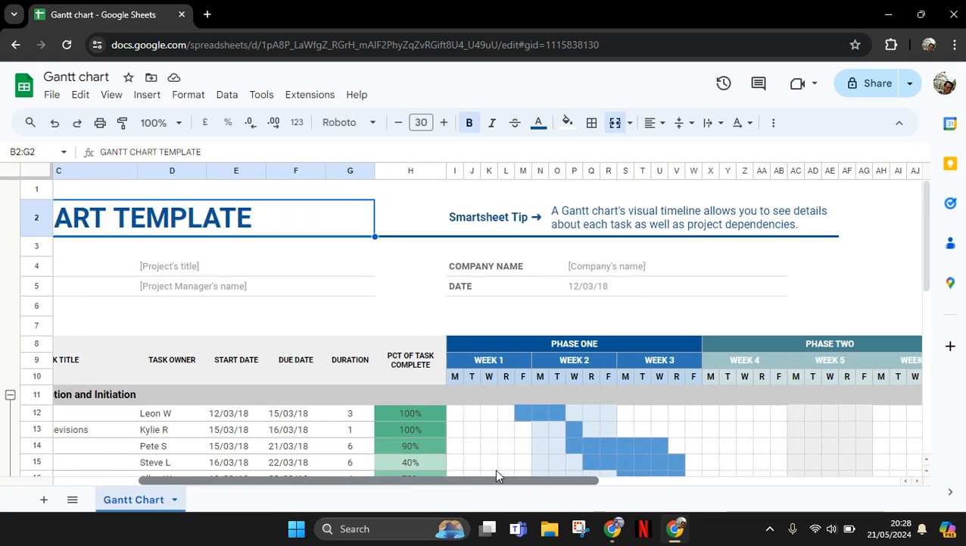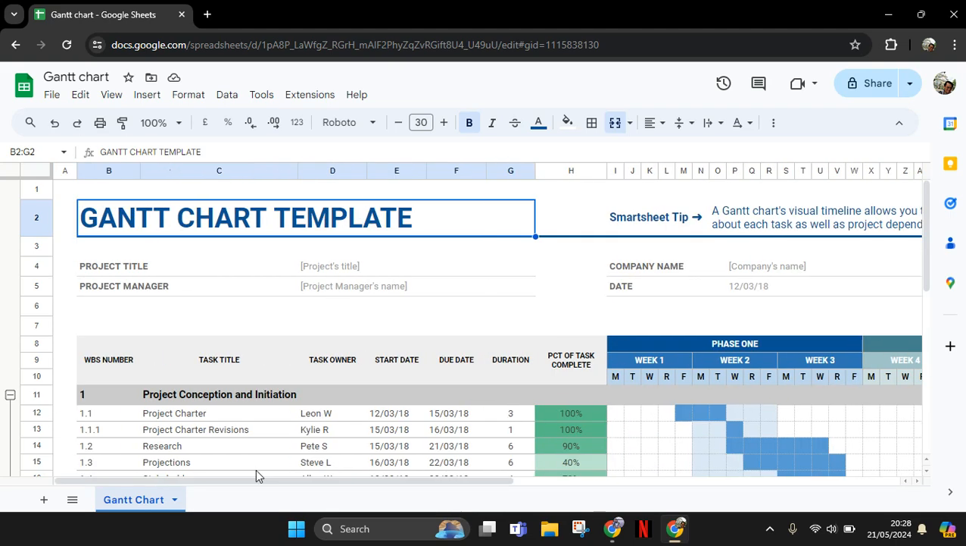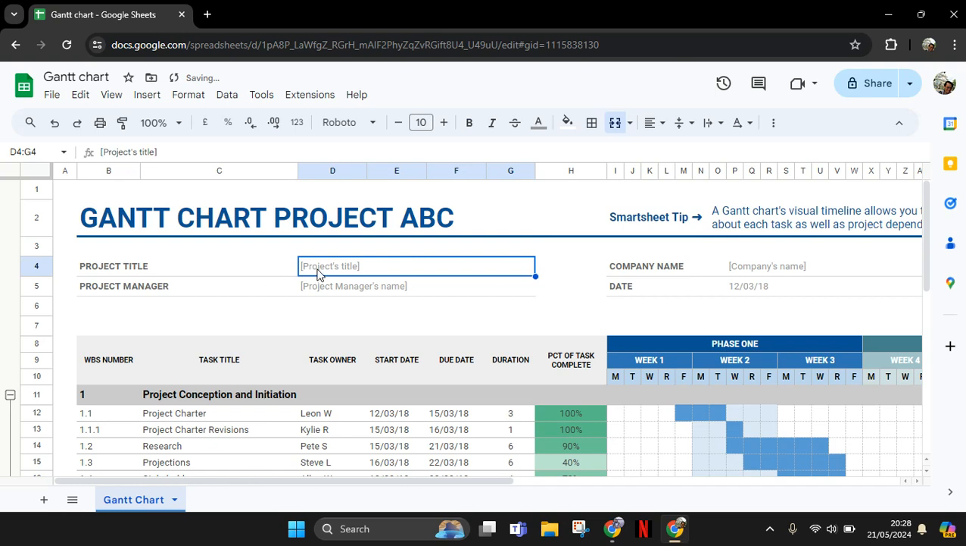This is the tip. A Gantt chart visual timeline allows you to see details about each task as well as project dependencies. So here you can just modify it. For example, here I'm going to just change the title Gantt chart project ABC, for example. And after that, here you can change the title. I'm going to just change it into project ABC, and here you can also change the project manager, the company's